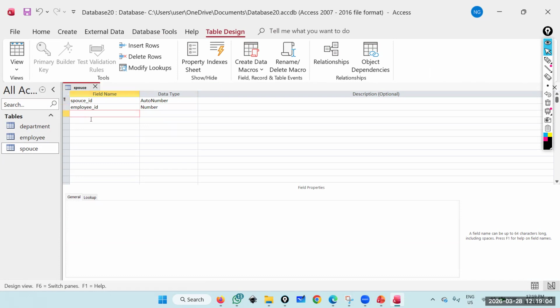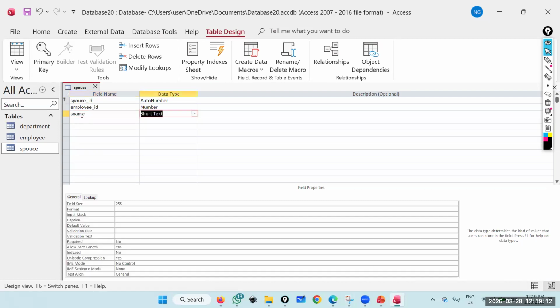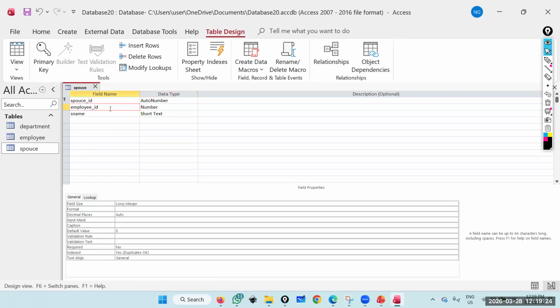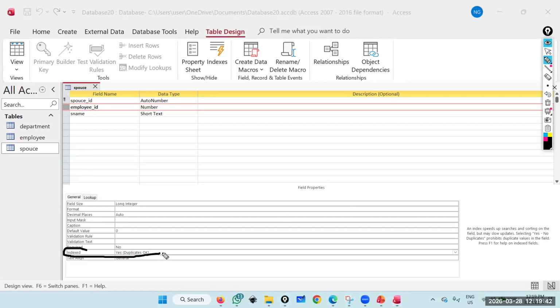If you want, you can add any field here, but here I don't want to add any, maybe spouse name. I'll call it S name, short text. So then spouse ID is your primary key, but you need to make sure that the employee ID is a unique field. Otherwise, it will be one to many. How to do that? Select the employee ID field in design view. Then below, you have a set of properties. There you have index. By default, index is